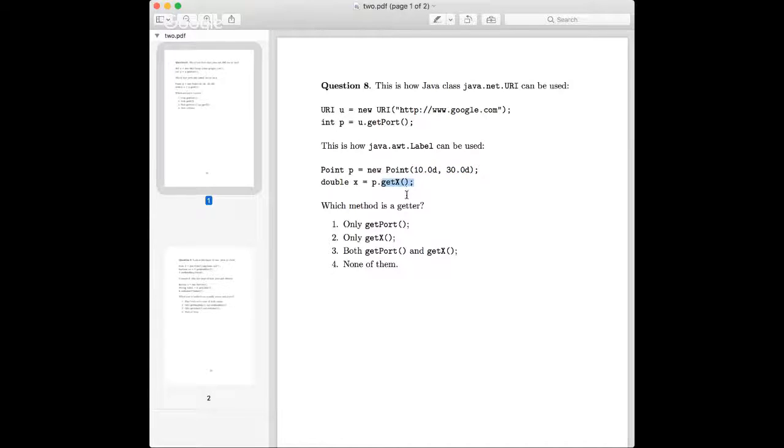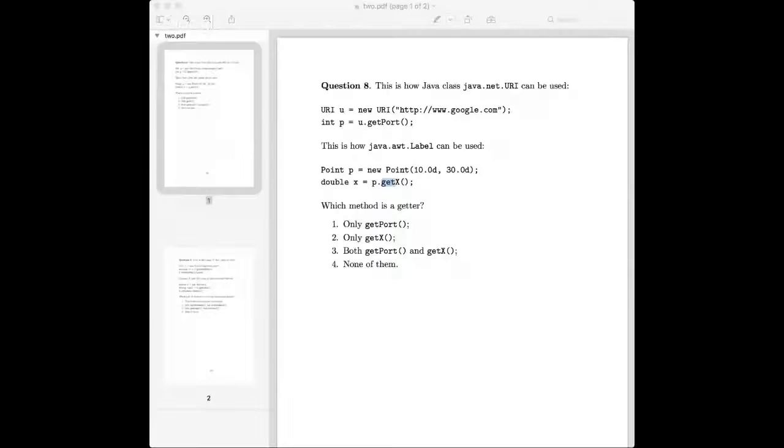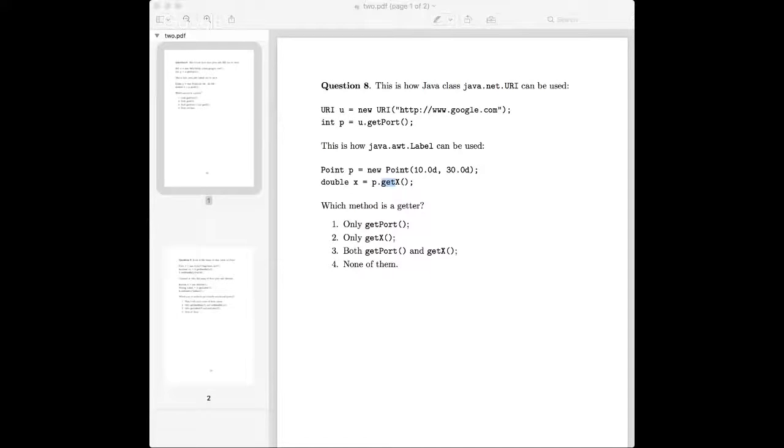So the question is, in both cases, we have these methods which start their names with get. And the question is, which one of them is actually a getter, which we discussed so many times, that getters are actually a really bad idea in object-oriented programming, and we have to stay away from them as much as possible.